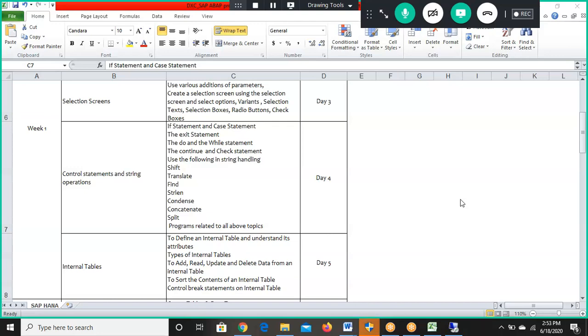Basically, we use the find command more with the internal table concept. When we are doing the internal table concept, I'll be explaining about the find command, and also when we are using the select statement and getting the output, at that time I will explain the select options command as well. There is one thing left out, the select options command, and then we have the find command. These two will be applicable in the coming projects. We'll be doing it with the coming projects.